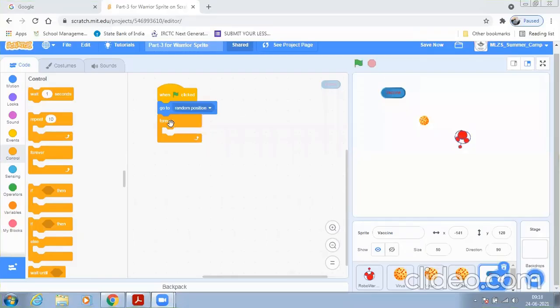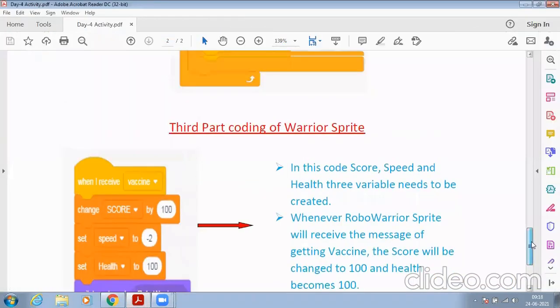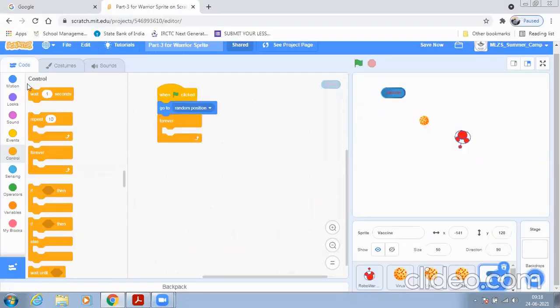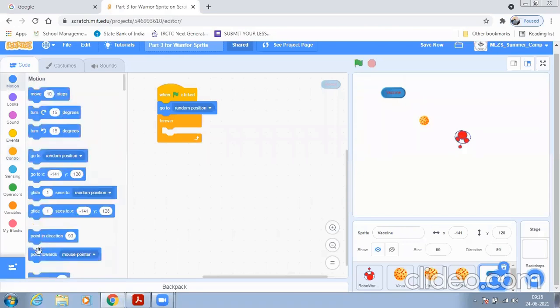Now in the forever block, you have to take point towards robo barrier, and after that turn 180 degrees. So now in the motion block, we'll see the point towards.